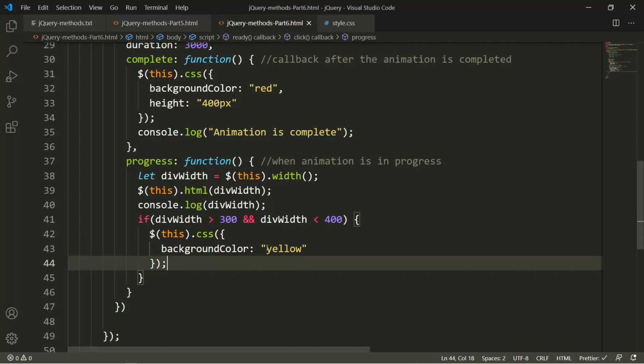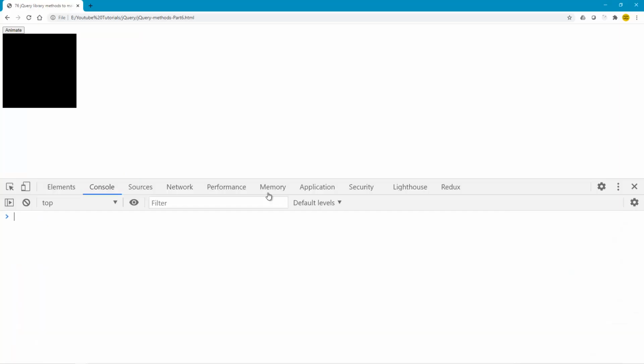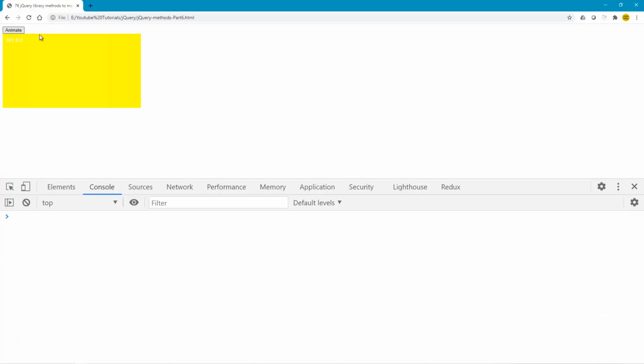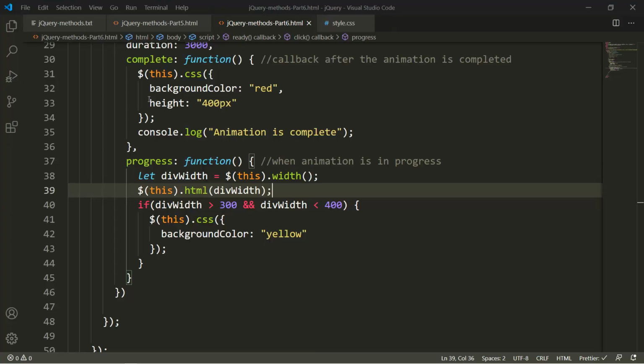I'm removing the console log, save, refresh, go back to the web page, and click on animate. Great, this is how it works. It turned yellow, and then it turned to red at 400. So that was the problem.